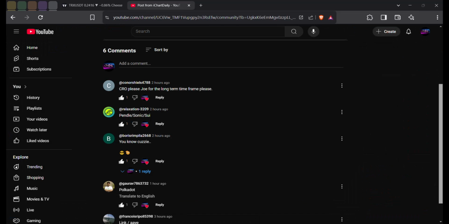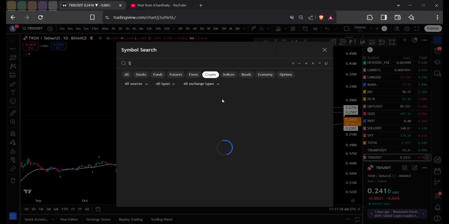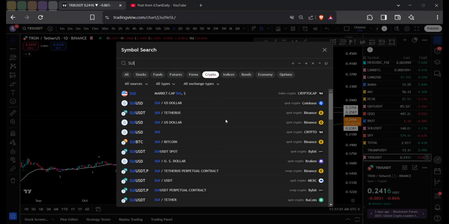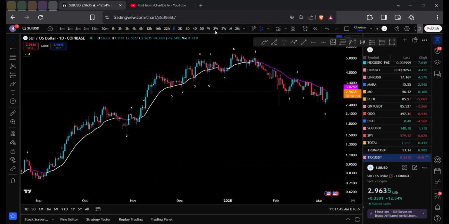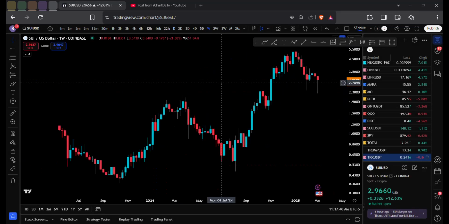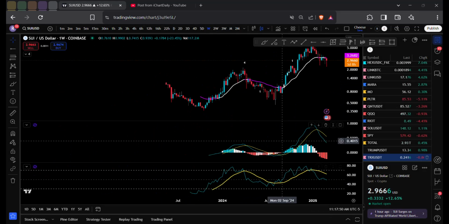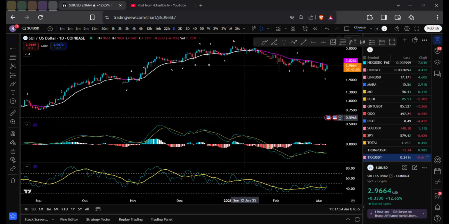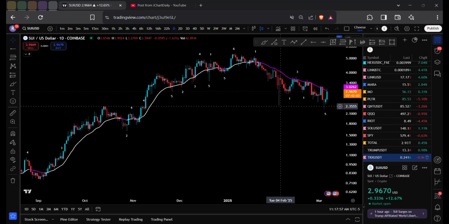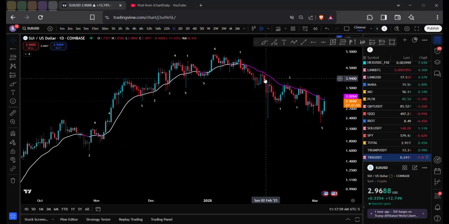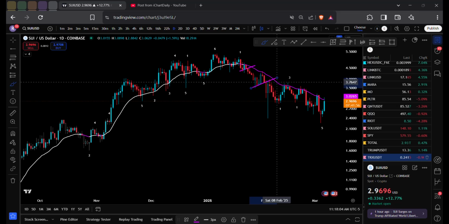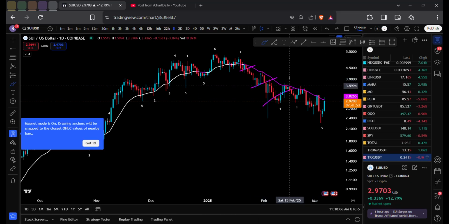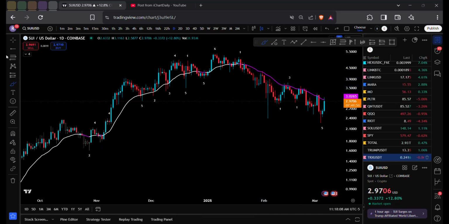So SUI, SUI, SUI. Let's go to the Coinbase one. SUI weekly. First thing I'm going to look at is what's going on. We are in section B. Daily, we are in section B. You can see the line is purple. Every time we're getting divergences, we're just getting dead cat bounces, and it's forming lower highs each time.